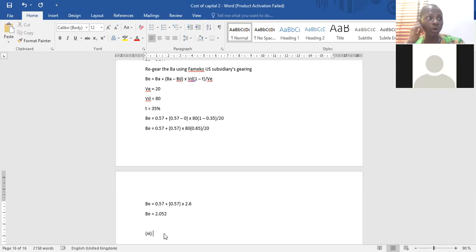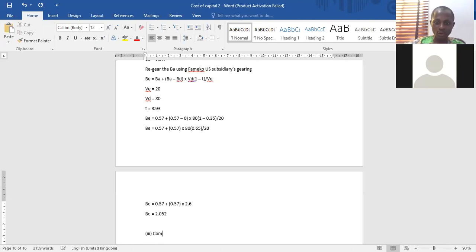Now, I'm not going to do the question wants us to use only one of these two. Either you use the capital asset pricing model or you use the Modigliani and Miller proposition 2 with tax model. However, because I am teaching, I am going to use the two, and we are going to see how the two are applied in computing cost of equity. Of course, that of CAPM is not new to you. The only one I need to introduce you to is Modigliani and Miller, and we are going to treat that in detail when we start capital structure theory.